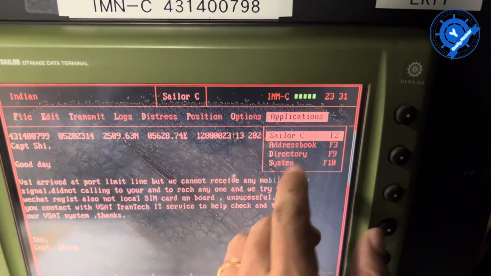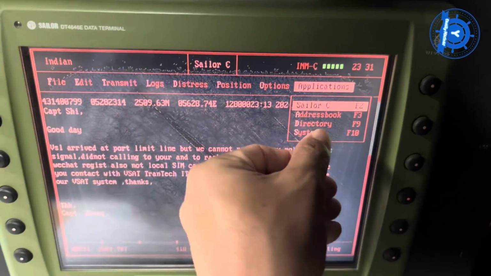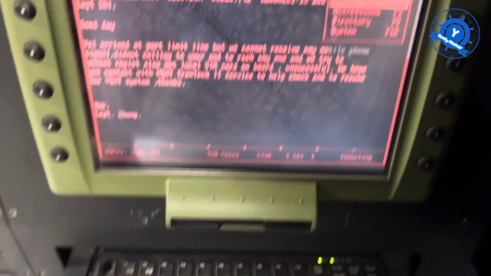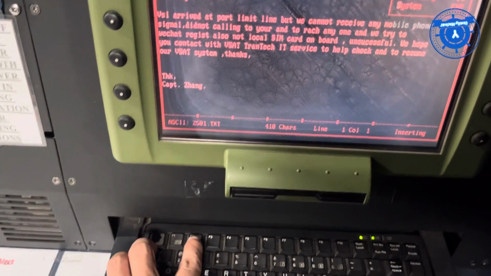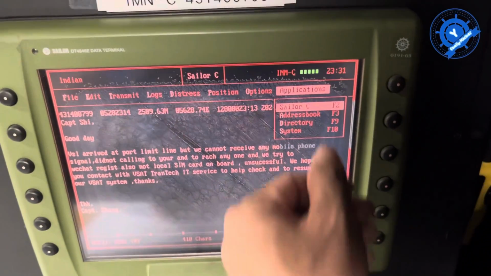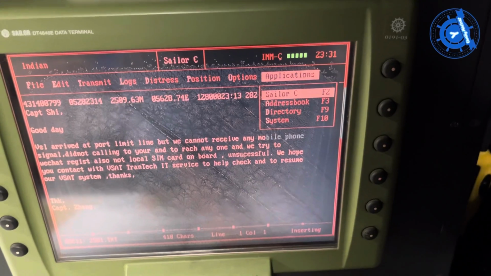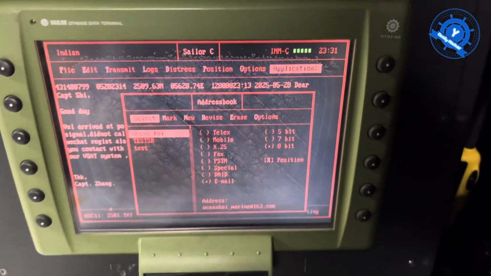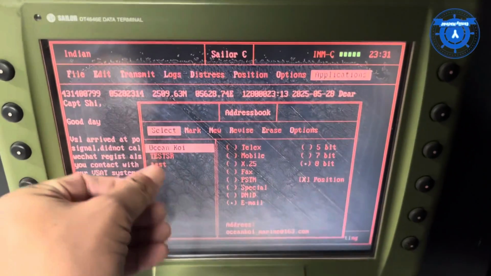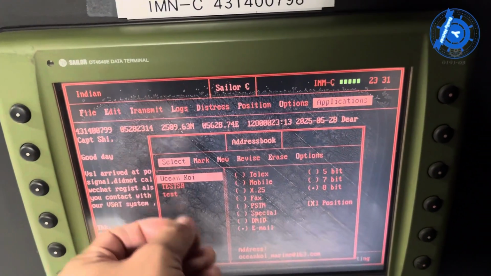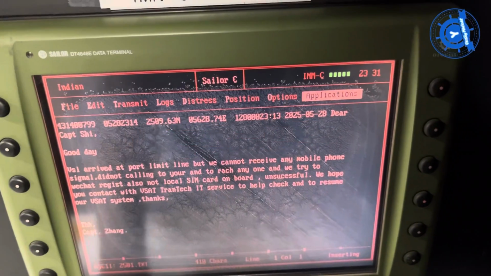This application means Sailor SAT. If you want to try Sailor SAT, they have F2, or directly press F2, or application, then press 2 if possible. And then the other one, attribute. Attribute means you can select any contact you want to contact, and you can also add a new contact.